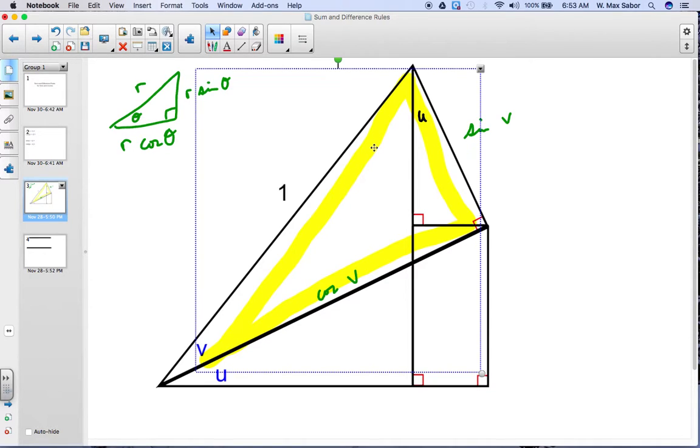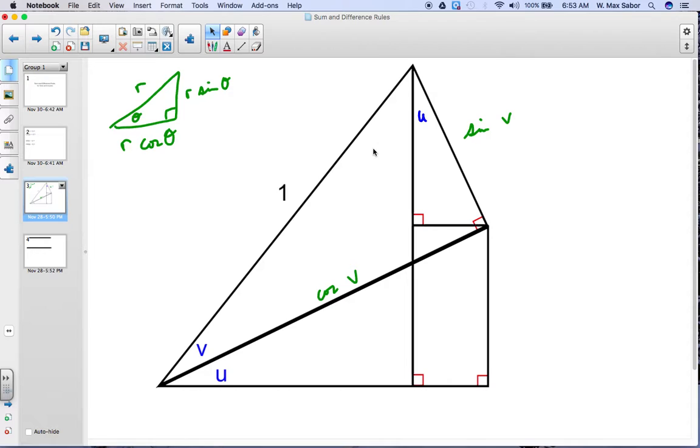Be very careful about getting your angles correct. That's going to make a huge difference as we go later in this process. Now, let's look at this triangle here, this small u triangle. If we look at the small u triangle,